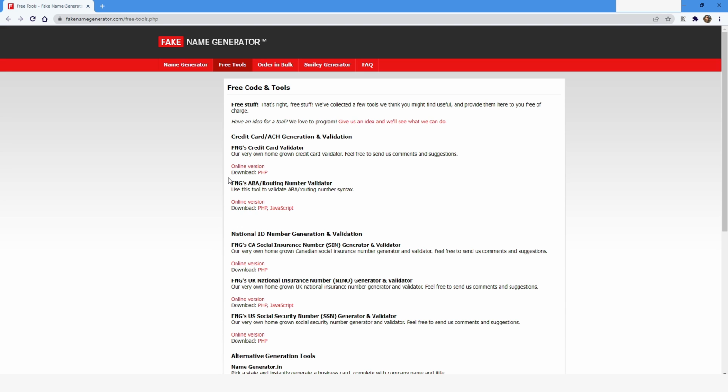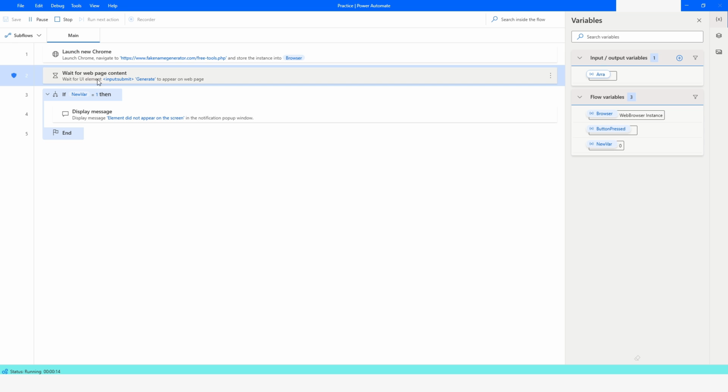Now I will go back to the Power Automate desktop, and here you can see that it is waiting for that element to appear, and it is not going ahead. You can see the state as pause because it is still waiting for it, and it will wait for 60 seconds. Okay, so now I will go back to the website,